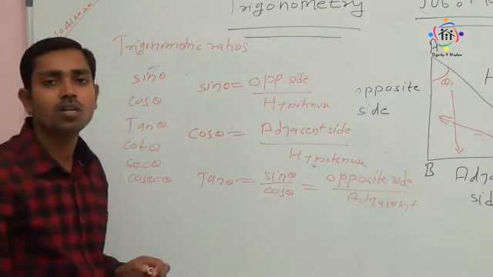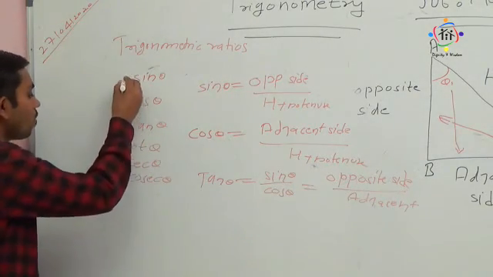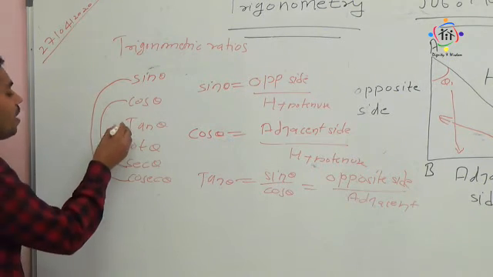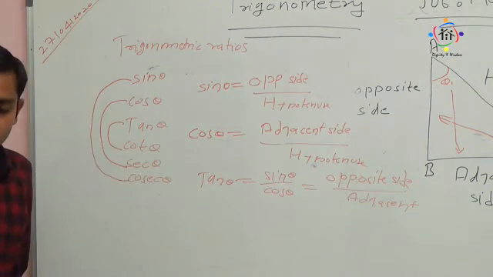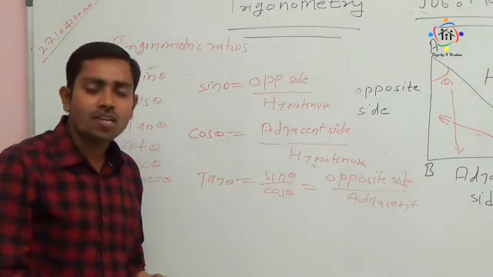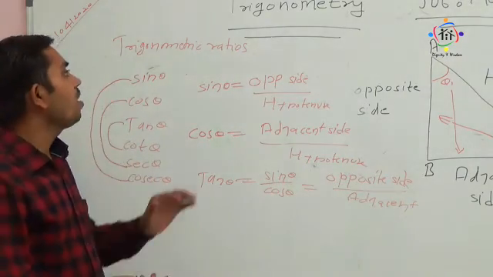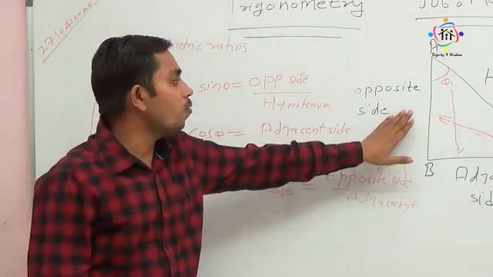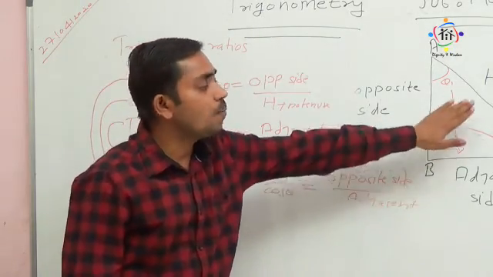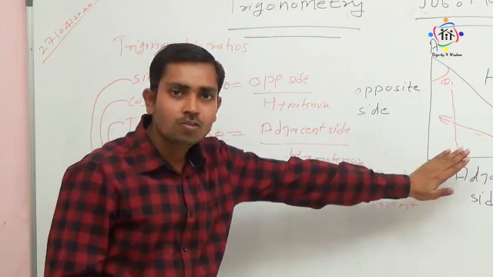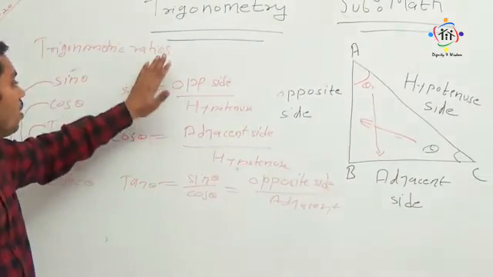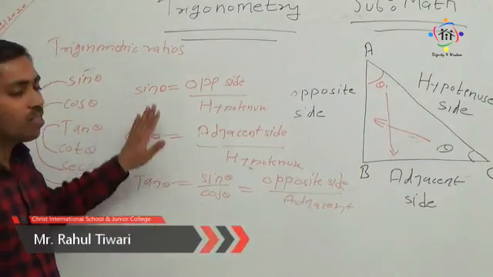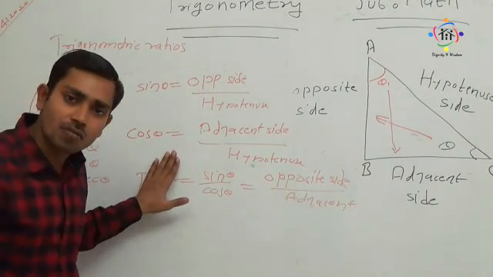So note it, my dear student. You have to remember it. Sin theta is the reciprocal of cosec theta, cos theta is the reciprocal of sec theta, tan theta is the reciprocal of cot theta, my dear students. I think all of you understand what we mean by trigonometry, what we mean by trigonometric ratio, and how to know which one is the opposite side, adjacent side and hypotenuse in a right angle triangle. Based on this right angle triangle we define trigonometric ratios, and there are 6 of them, also called trigonometric functions or transcendental functions.